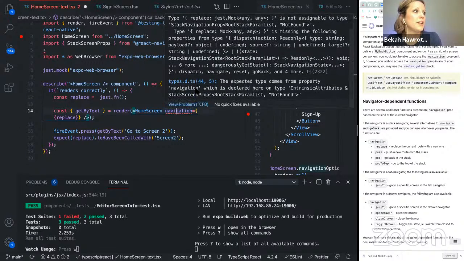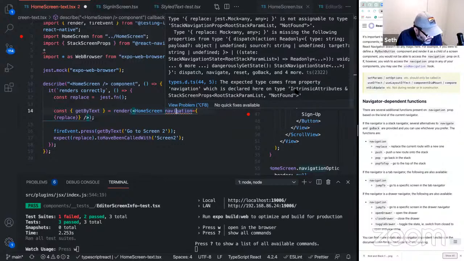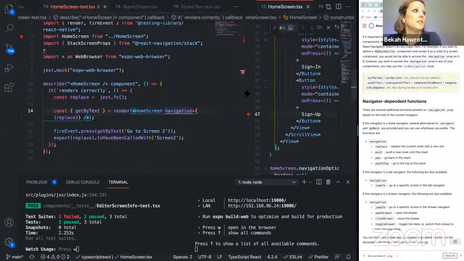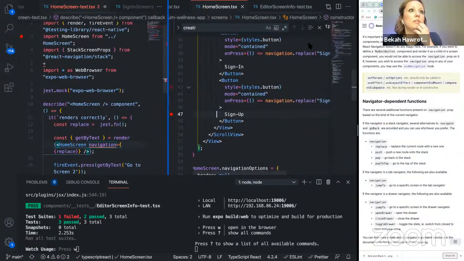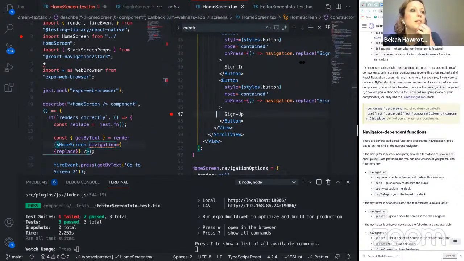There's just so much there. I'm going to read this URL you sent a little more intently here. Give me a second. Which is declared here on the intrinsic attributes and stack screens not found. Okay, so why are we passing that not found? That is maybe the question here.